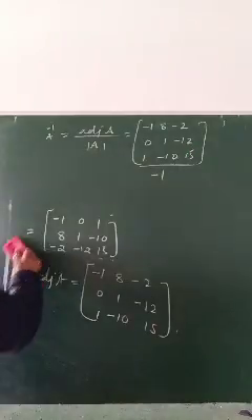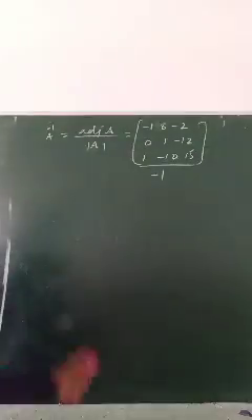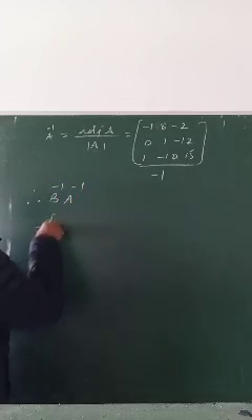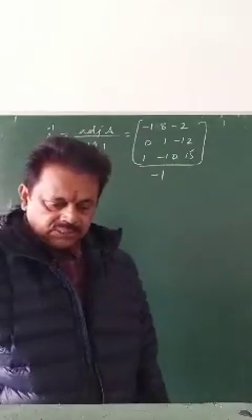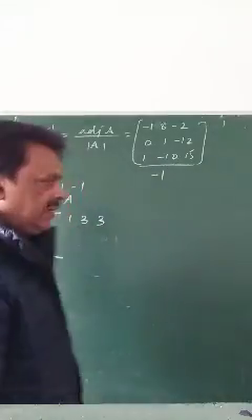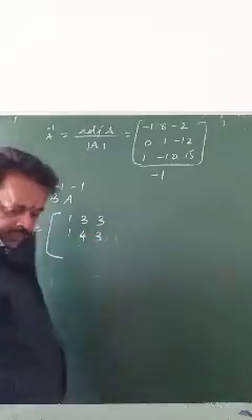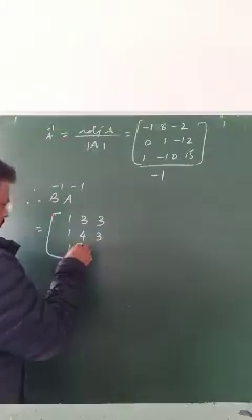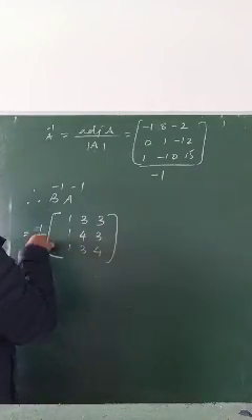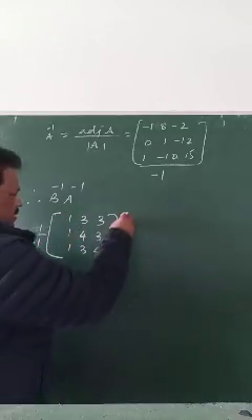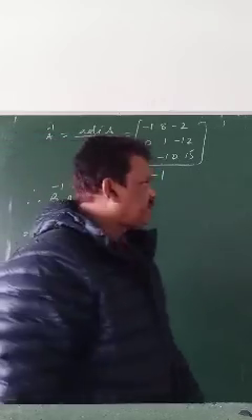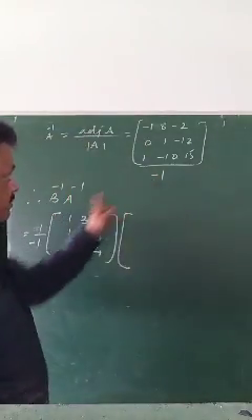Now what will you find? B inverse, A inverse. Therefore B inverse, A inverse is, what is B inverse? B inverse was 1, 3, 3, 1, 4, 3, 1, 3, 4. Let's write this -1 here. Later we can do it. Whatever number comes, first you write it here, multiply, then you divide. It may be some other number sometimes.